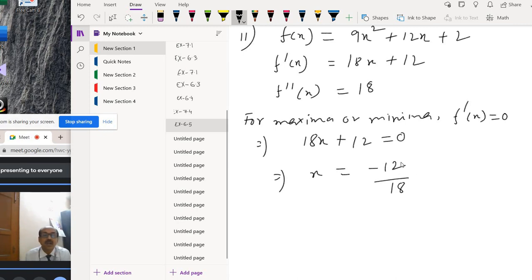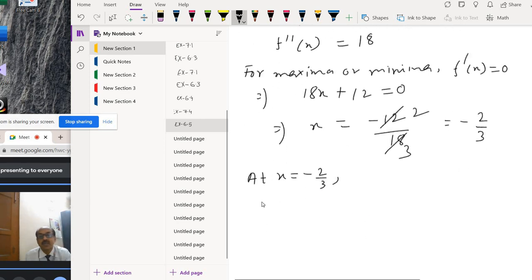Okay, so 6 times 2 is 12 and 6 times 3 is 18. So x is equal to minus 2 by 3. Now at x equal to minus 2 by 3, f double dash x